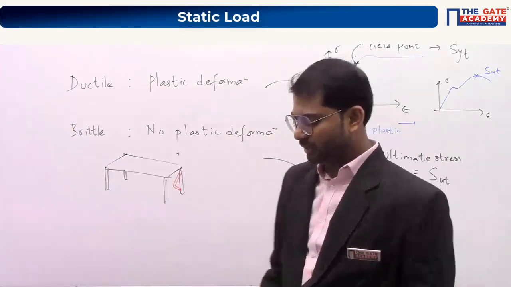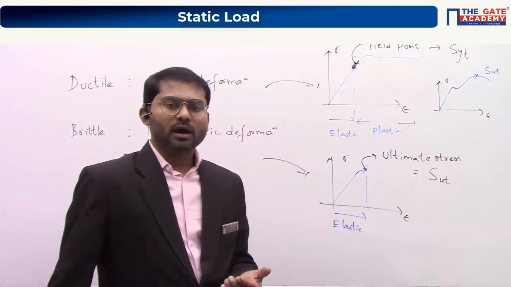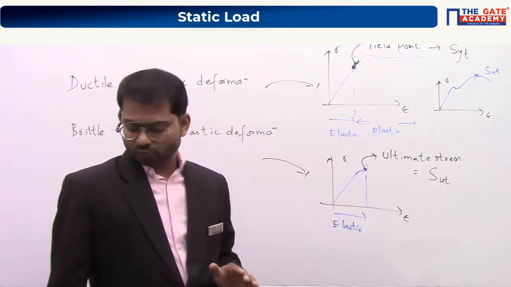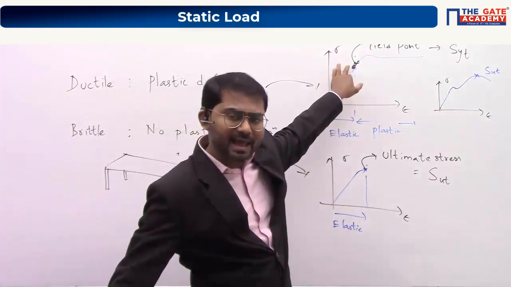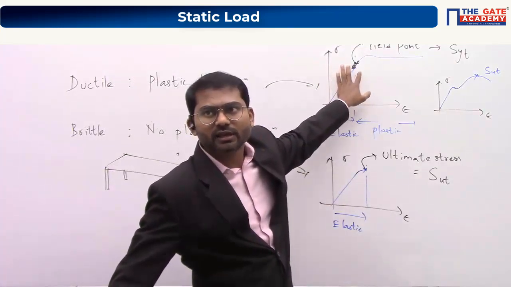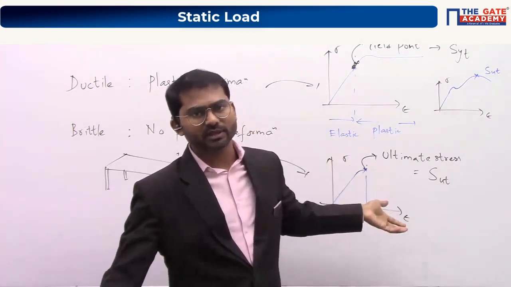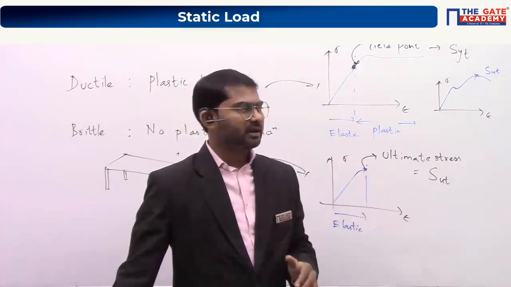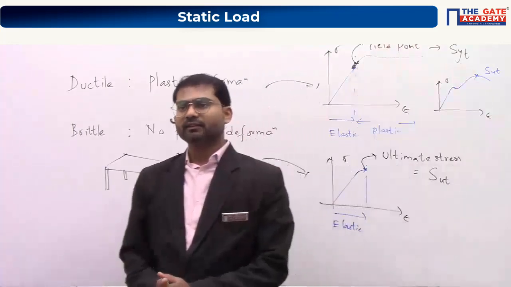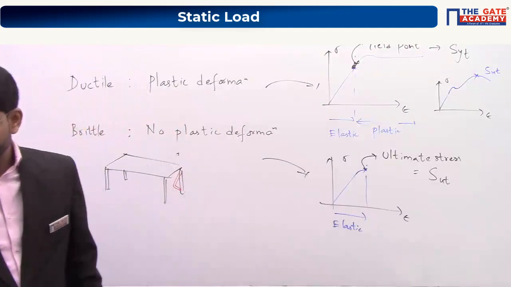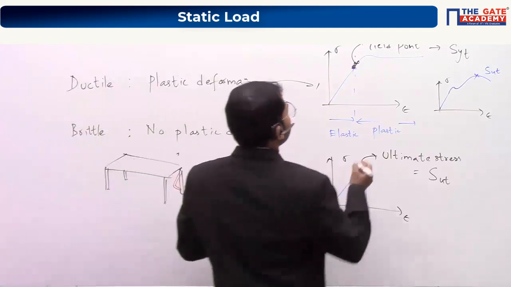I am not sure whether the examples are completely understandable or not, but I hope it is convincing for you to keep in mind that we take yield point in ductile materials as failure stress. And in brittle materials we take the ultimate stress, because fracture is happening there. So in ductile materials, keep in mind that we will go with yield point only. We don't need to wait till fracture happens. Clear, everybody? Understood? So this is the failure stress.